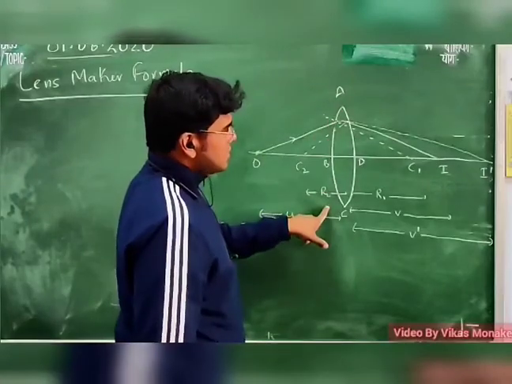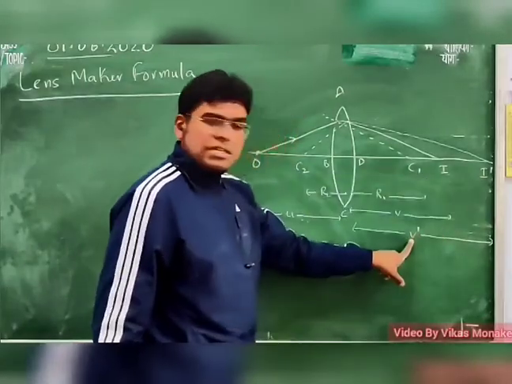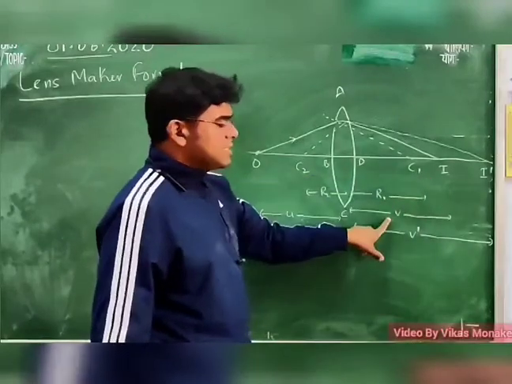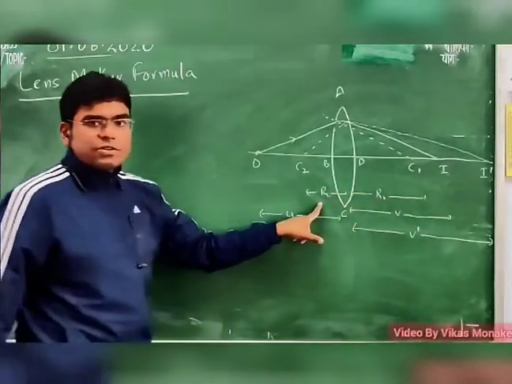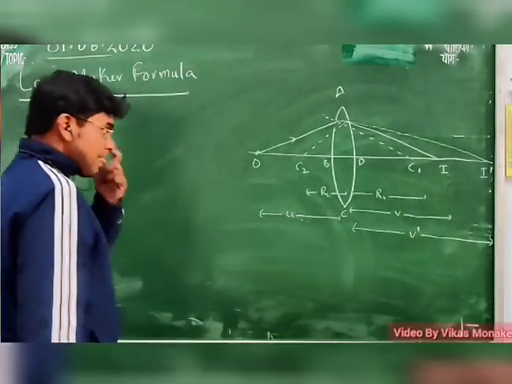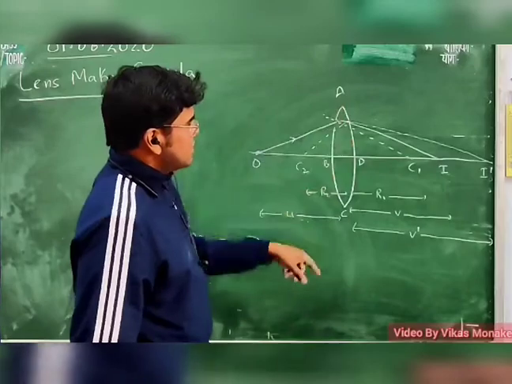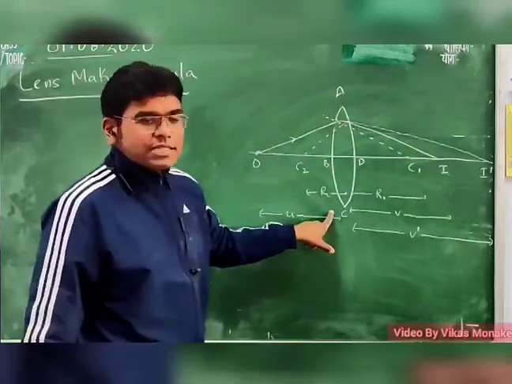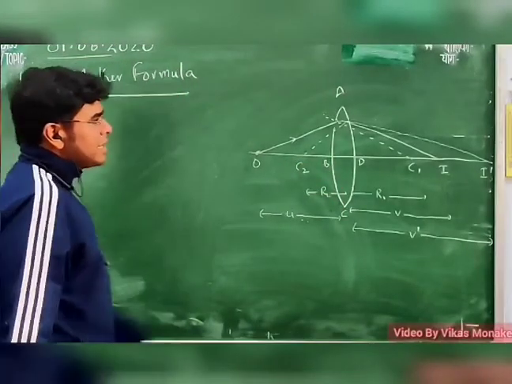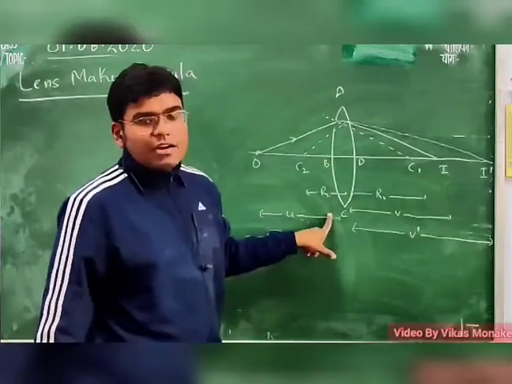From the first surface, refraction takes place. If the second surface is not there, the image forms at I dash at a distance v dash. If the second surface is there, then the image will form at I at a distance v. R1 and R2 are the radii of curvature of the first side and second side respectively. Now we need to make a connection, so we will use the previous formula. We will apply it first for the first face, then for the second face. And in this case we will consider that for the second surface, the image formed by the first surface will work like an object.